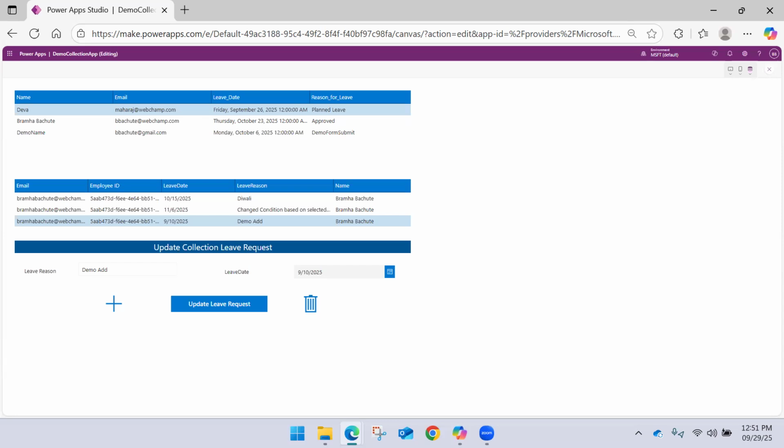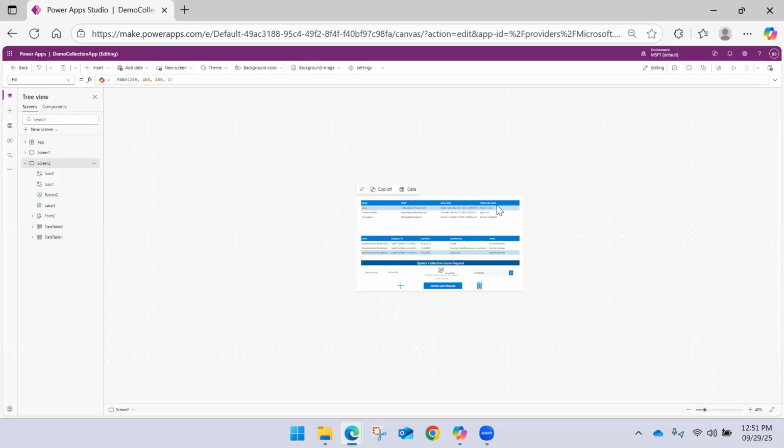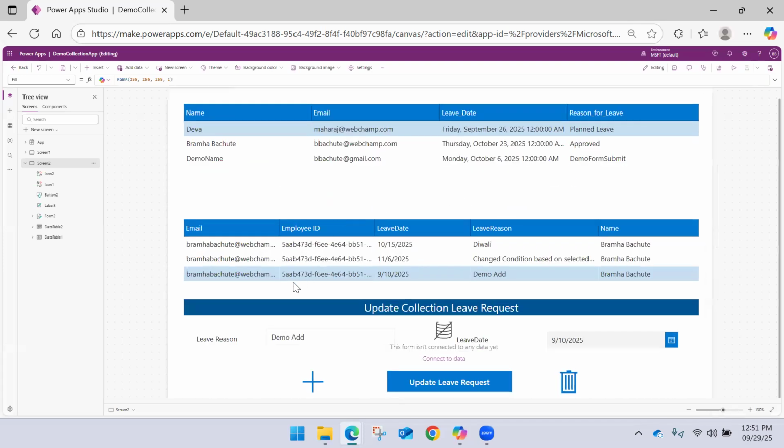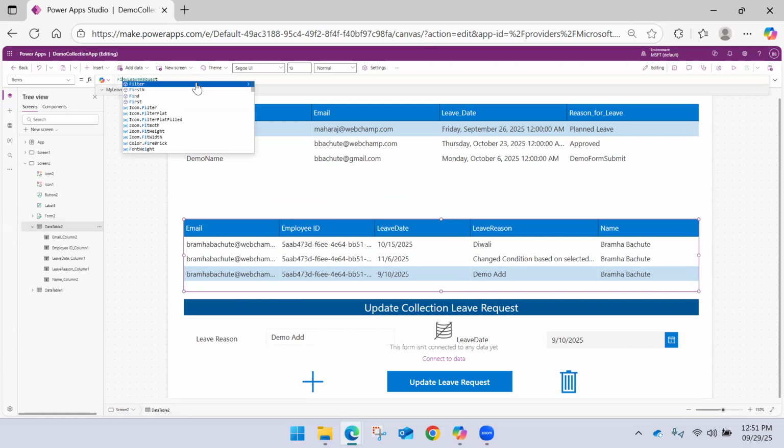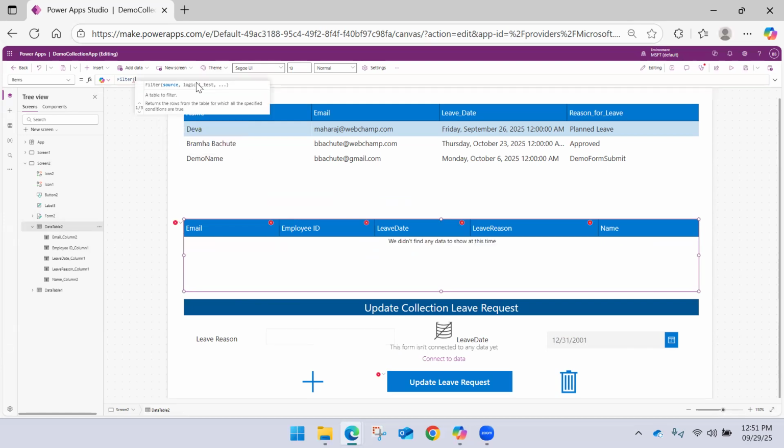Now you may want to filter the data from the collection. You can filter it based on the data source. You can apply the filter here. My bad, the screen size is too small. I selected the data table, so if you want to filter the data here,